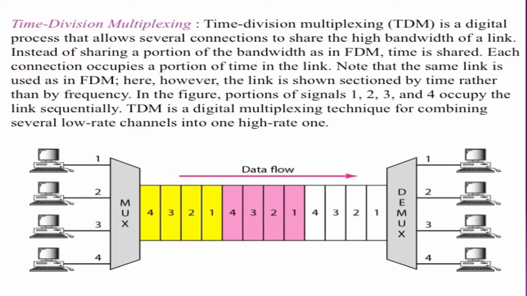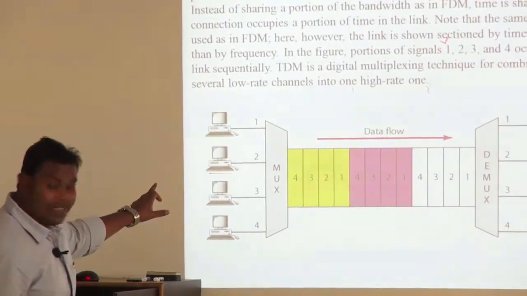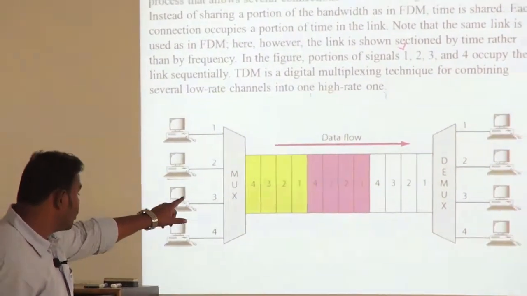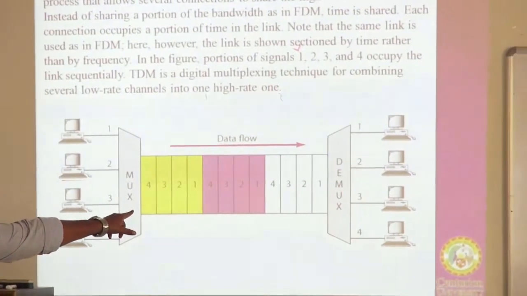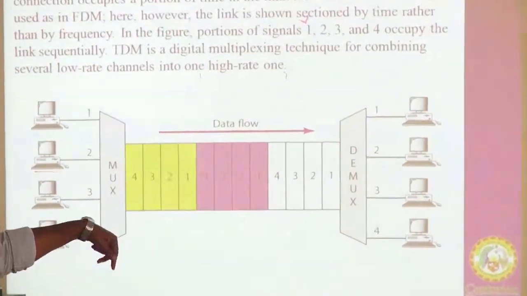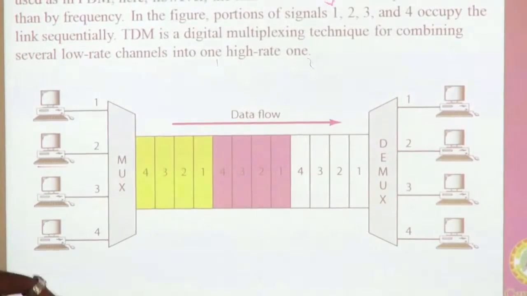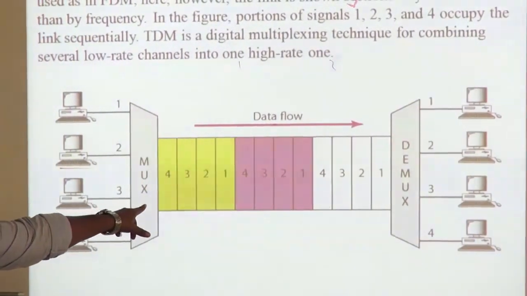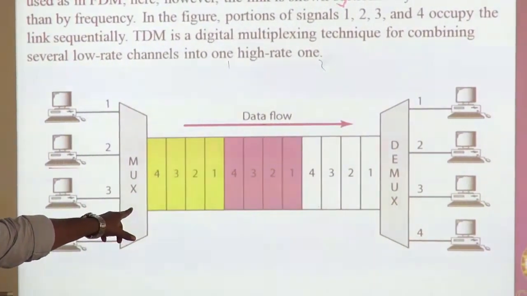Here in this diagram we have 4 senders and 4 receivers. Sender 1, 2, 3, 4, receiver 1, 2, 3, 4. Suppose sender 1 is sending the message to receiver 1, 2, 2, 3, 3, 4 as usual. So how many slots does sender 1 have here? 3 slots here. First it will send the data, then it will wait for its next slot. Then the next slot will come, and again it will send the remaining data.